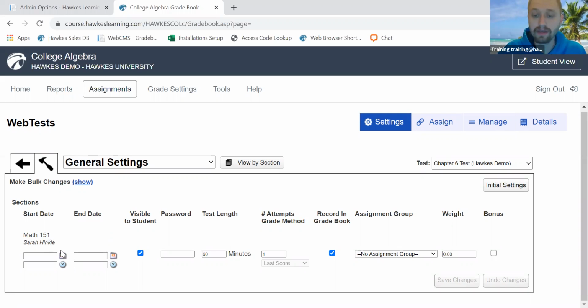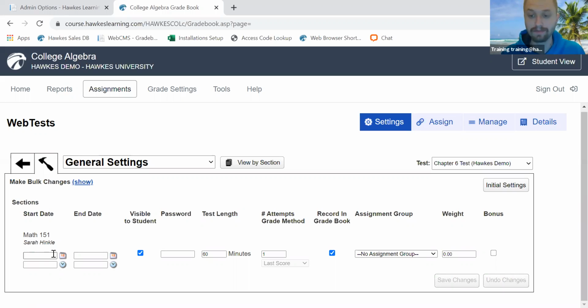The start date would be any date that you would think about opening the test up for all of your students. And then you can also do it at a specific time. And then the end date is when the test would be essentially shut down or completed. Once the start date starts, the test would be available for your students. And right after the end date hits, the test would be closed. So the students can't access the test before or after the start and end date,